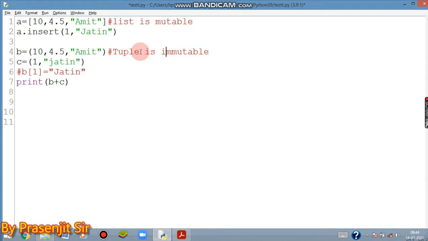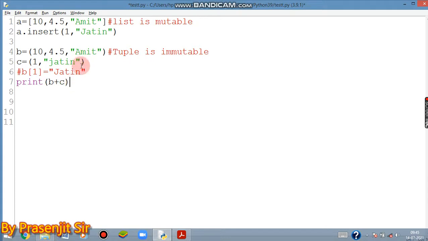Tuple consists of fewer alphabets, and immutable has many alphabets, so you can easily remember this concept. Hope you understand. The feature that distinguishes between list and tuple is mutability. So tuple is immutable, and list is mutable. Hope you all understand these features.